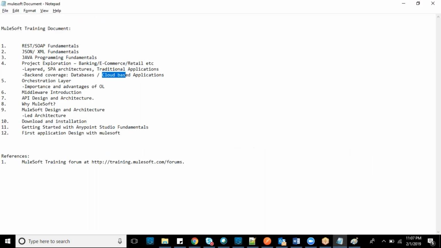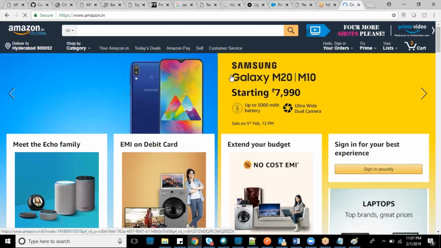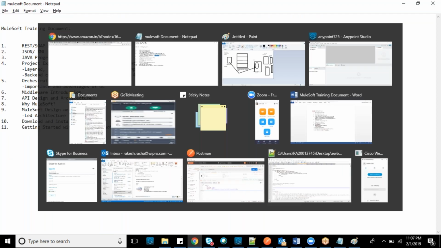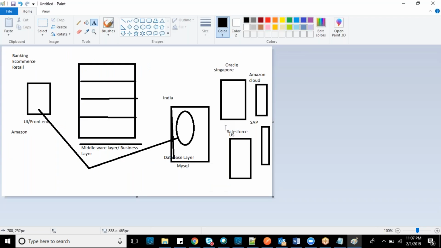Whenever a product gets created, the vendor will create a unique URL. That unique URL they will publish into some common third-party cloud system. Salesforce nowadays is common for third-party systems, so they will keep it in one server, like the Salesforce system.